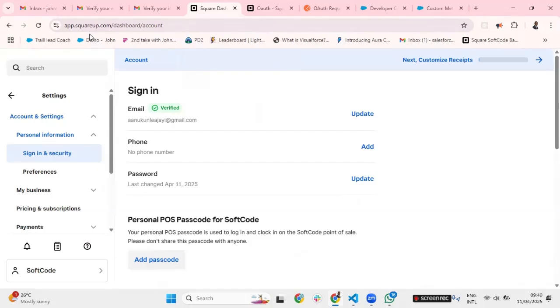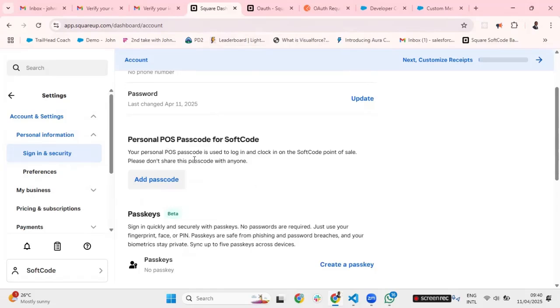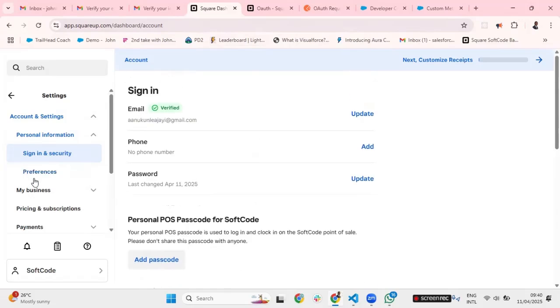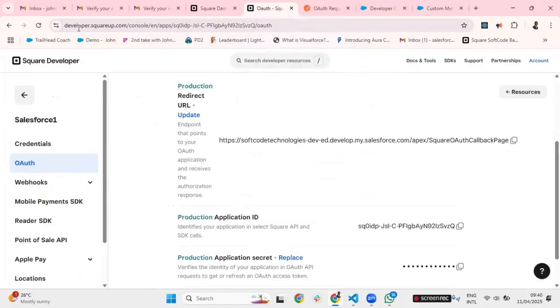Register with them, that is, sign up with Square. Square will give you a dashboard like this. Once you sign up, you must verify your email. You can put your phone number and things like that. After you have done all that, then you go to